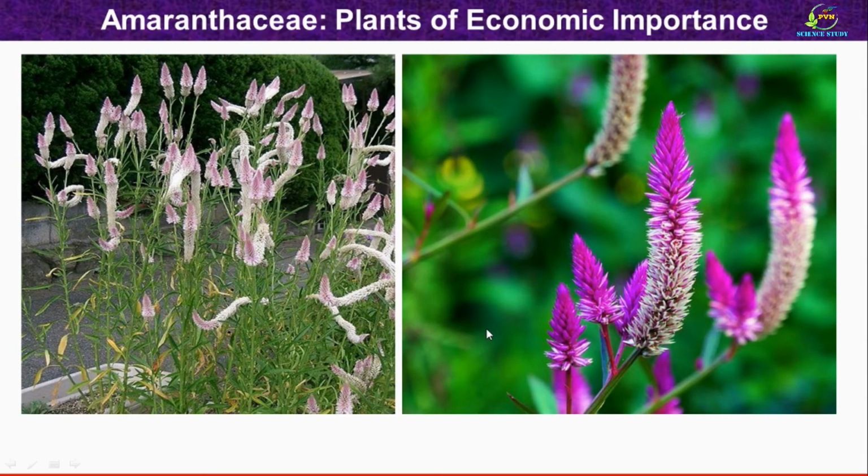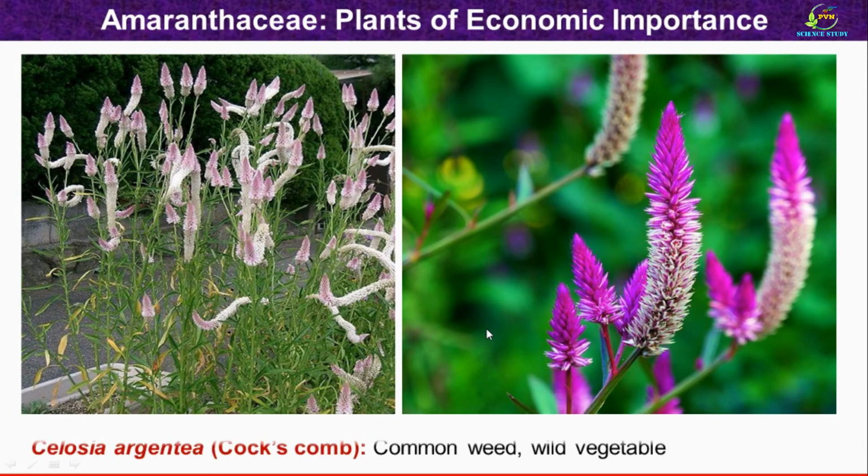Then this is also a very familiar plant to you. Botanical name of the plant is Celosia argentea. It is commonly known as coxcomb or kurdu in Marathi. This is an actual photograph of the plant, and here we can see the very beautiful inflorescence of this plant. This is a common weed. It is very common in Konkan as well as in the Maharashtra region. The plant is also used as a wild vegetable due to its nutrient rich contents.